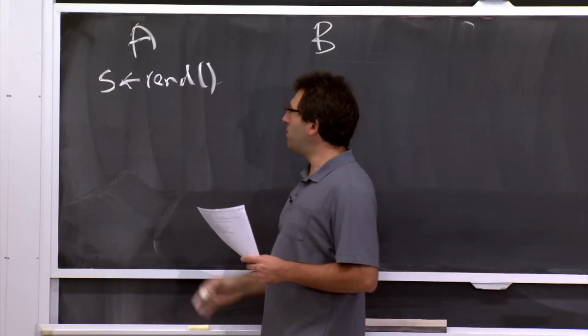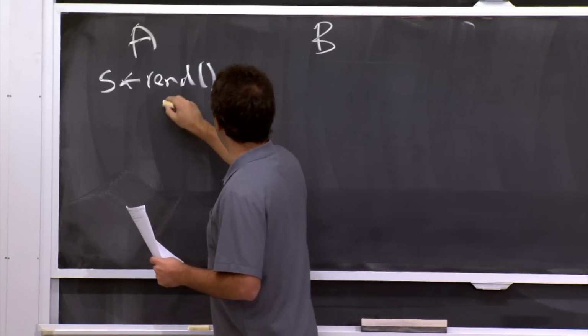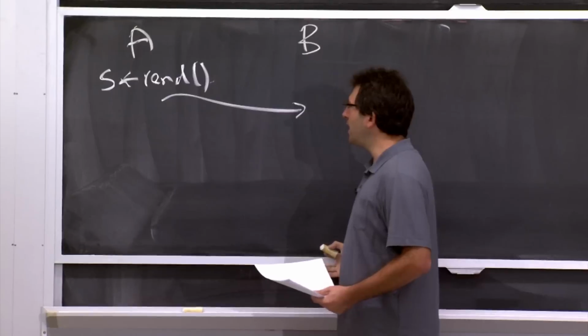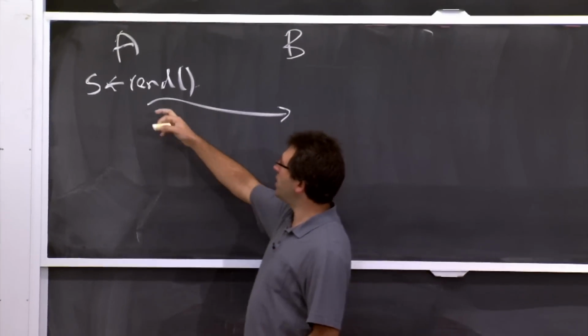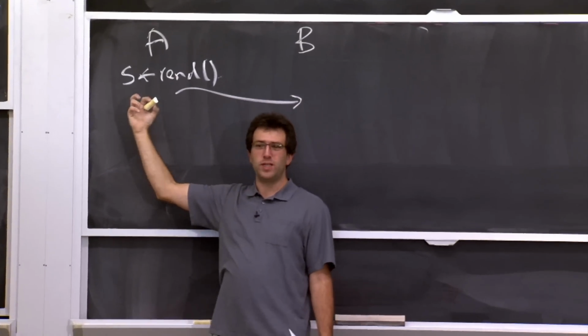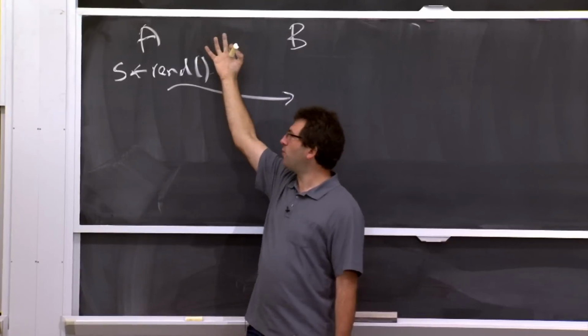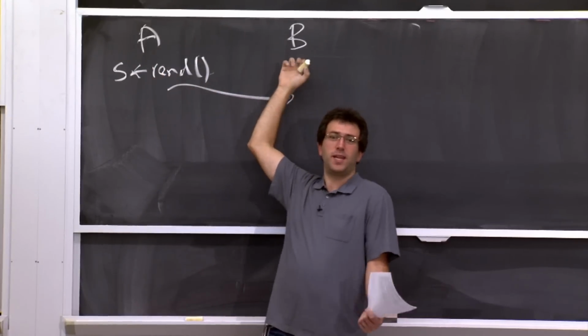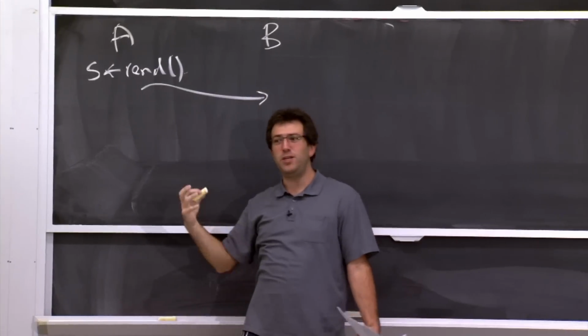Just pick a random number, and then it's going to send to B this session key S. So this is kind of looking like Kerberos, and we're going to encrypt the session key S for B's key. And remember, in Kerberos, in order to do this, we had to have the KDC do this for us because A didn't know the key for B, or it couldn't have been allowed to know because that was a secret that only B should have known.